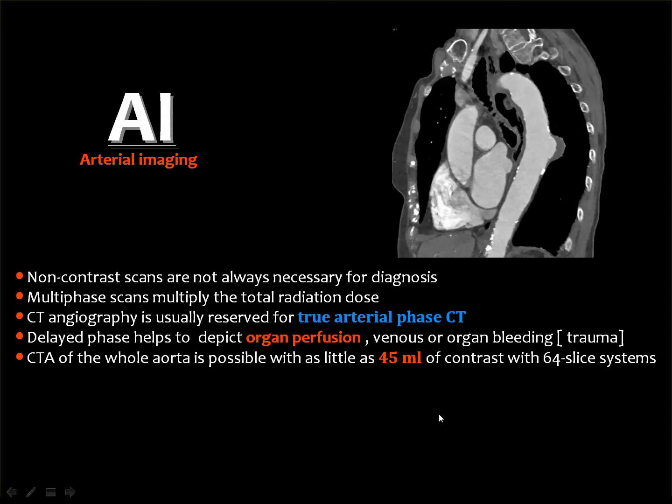Sometimes we need the help of the venous phase to assess the organ perfusion, and to assess the possibility of bleeding, especially in cases of trauma. According to the literature, we can obtain images for the aorta with a little amount of contrast material and using the 64 slice